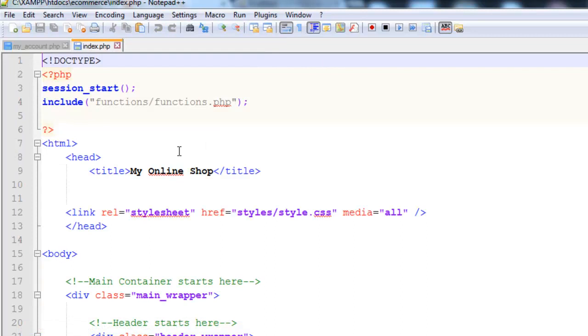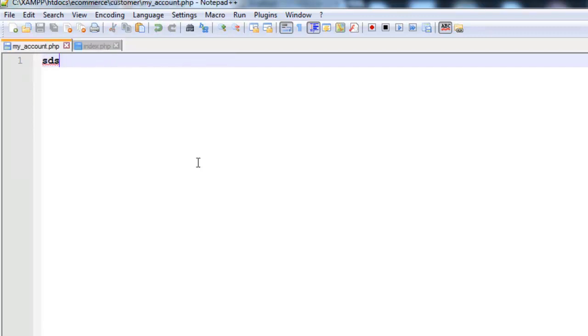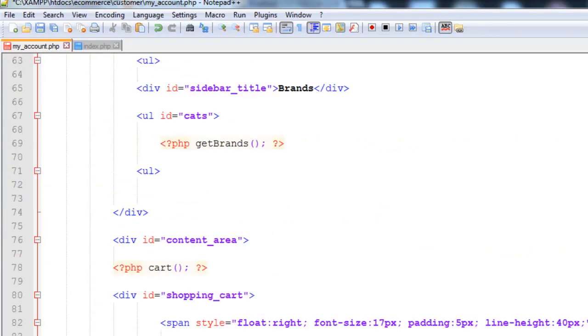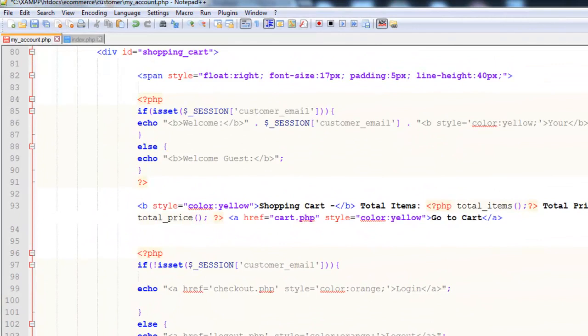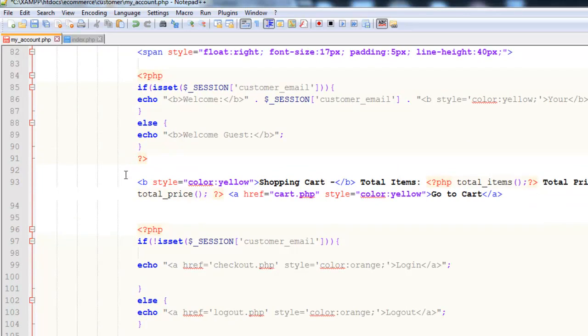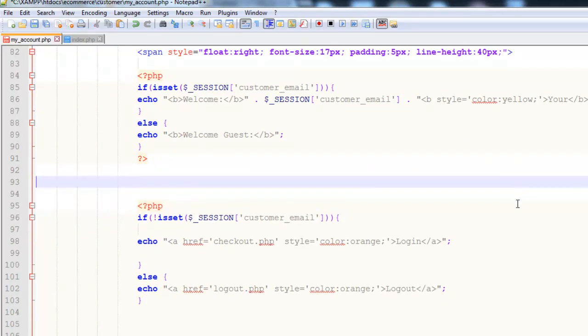index.php file, and we'll select using Ctrl A, copy all the code from here and paste it inside the my_account.php, and we will remove some things from this. For example, this whole thing, going to cart etc, and this kind of things,